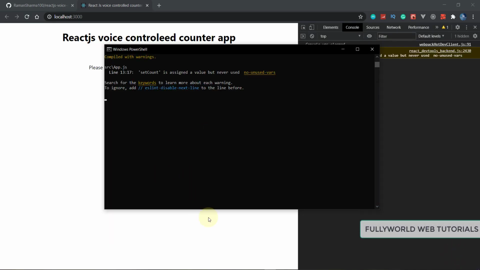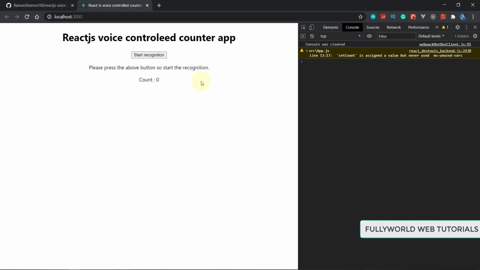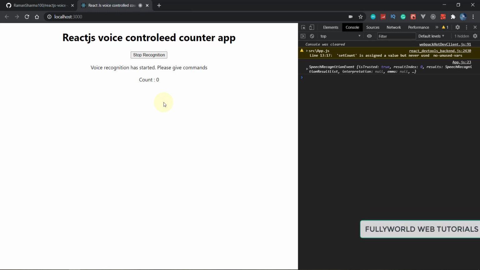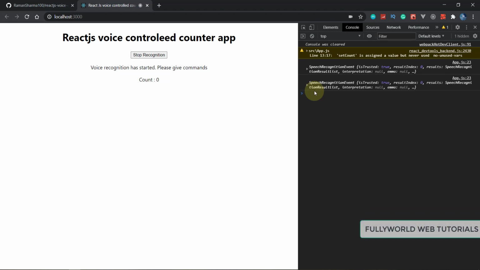Now this is compiled successfully here. So see that it is successfully started, and now I'm going to click on start recognition. So our recognition has started now. So let's see on result. See that on result what we are getting. So I stopped a little bit, there was a time gap, and see that it is returning us something if there is a little bit of time gap.